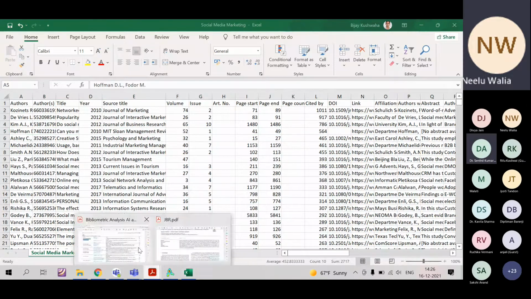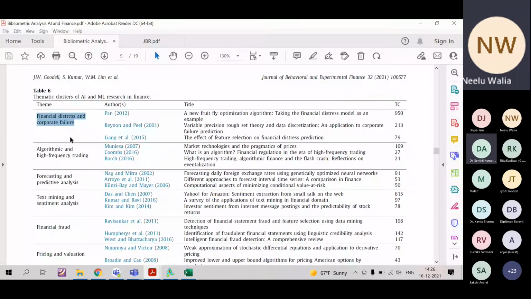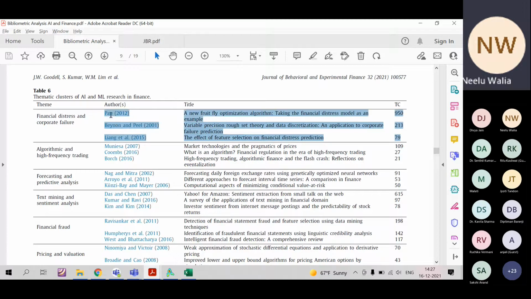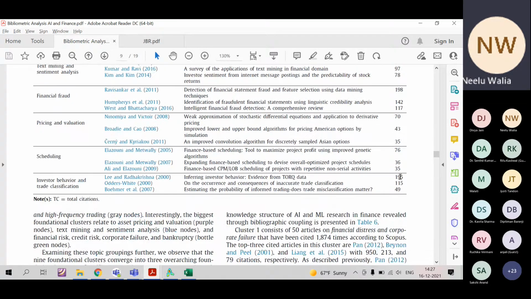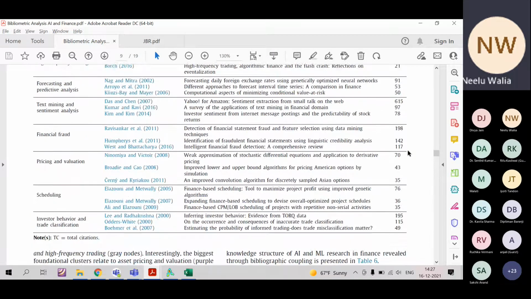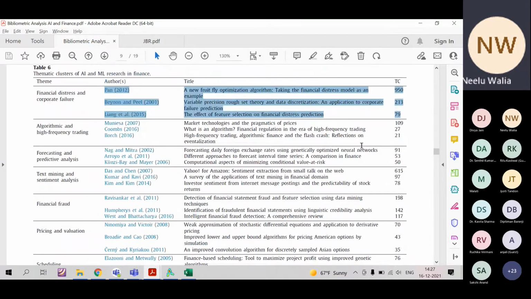So the papers are mapped to the clusters based on what you are mapping, sir. Now the cluster theme name, the theme you have provided to the cluster, you manually map it, and mention the title of the paper, the author name, and the total citation. We are considering only the top citations. You can see here the top cited papers are considered. That is why we are providing this table.